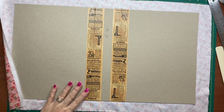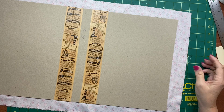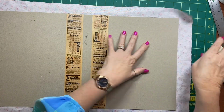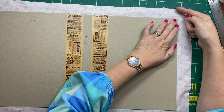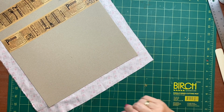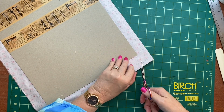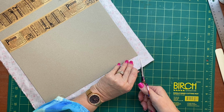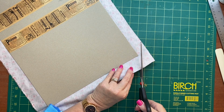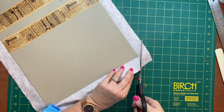Now this is a part that I always struggle with, the corners. And I'm not sure which is best to do first, whether to do the top first or do these sides first. But what you need to do is trim across each corner. Now you don't want to go right to that edge, and you watch me do that. Now I've said not to do that. So what you want to do is come in, might need bigger ones, come in towards your corner and then